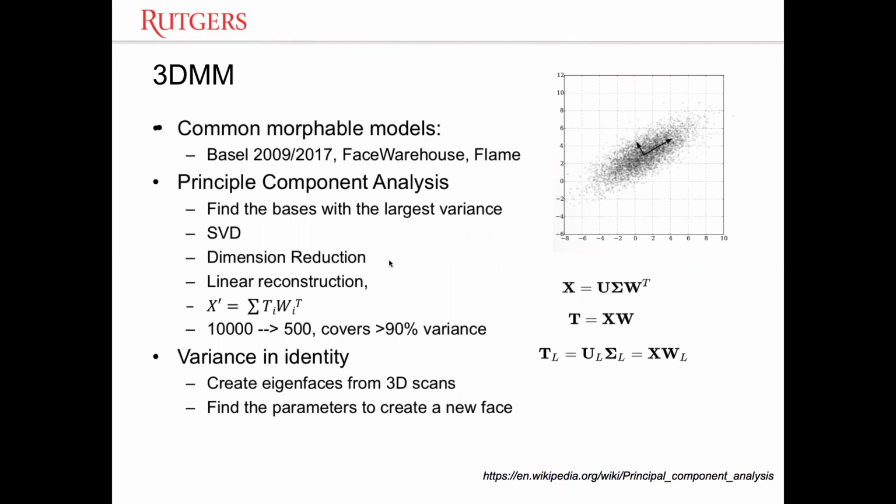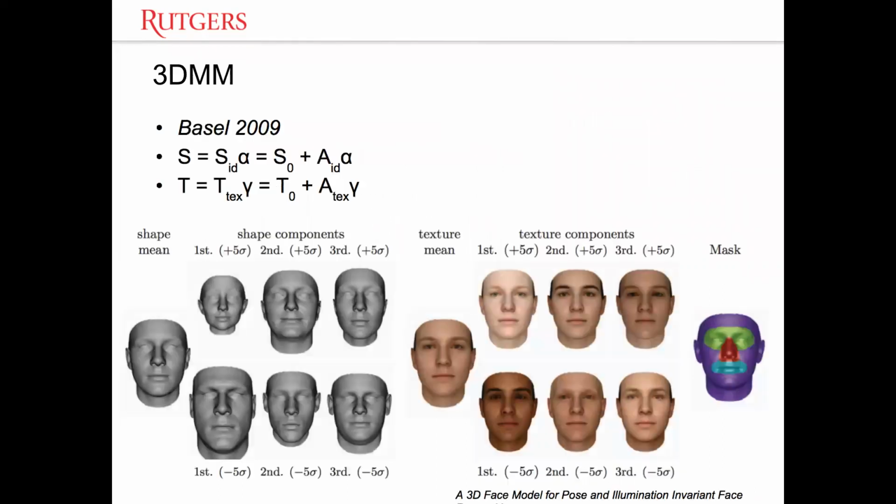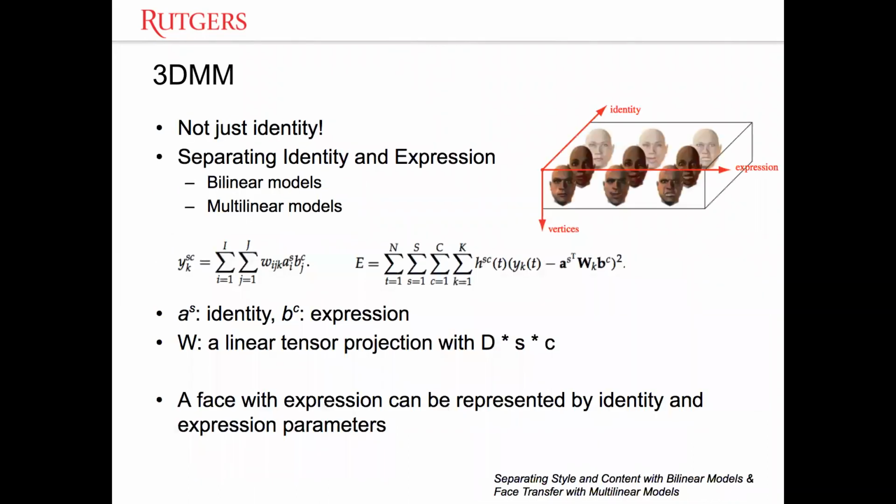Because this is an unsupervised process, we will later be using the 500 parameters to control our facial expressions and the face identity. So not just identity, not just expressions, not just textures. We can also have identity, expressions and vertex positions blended in, entangled in